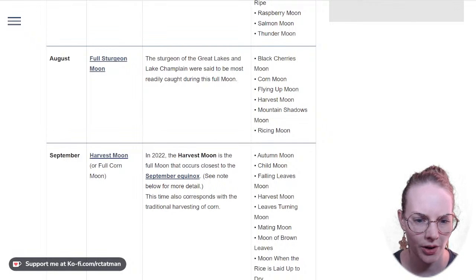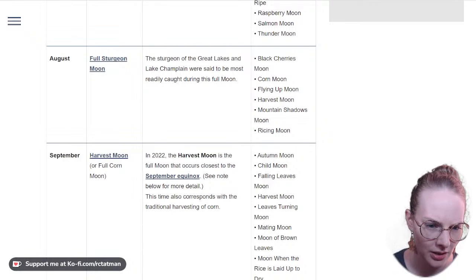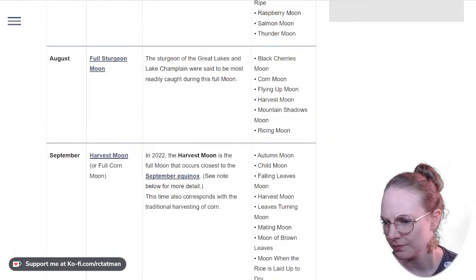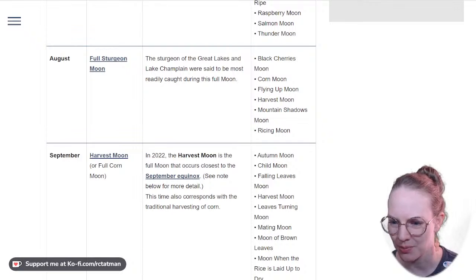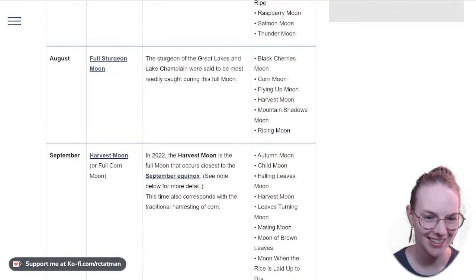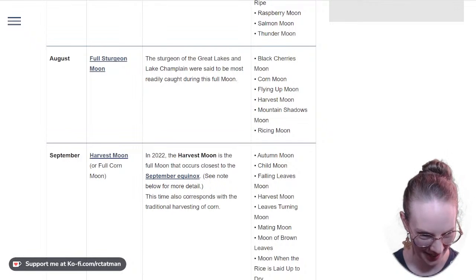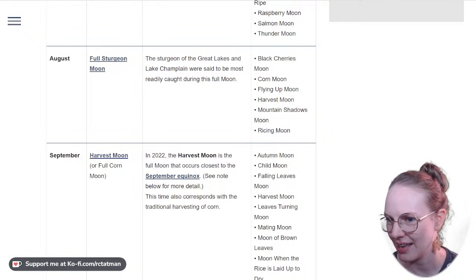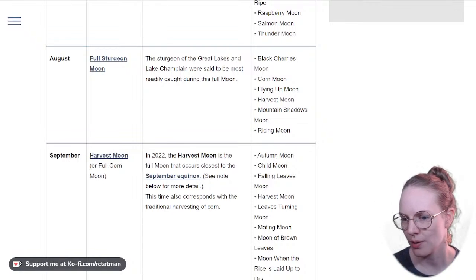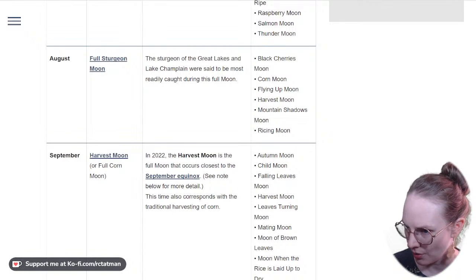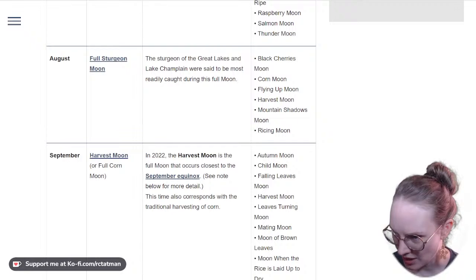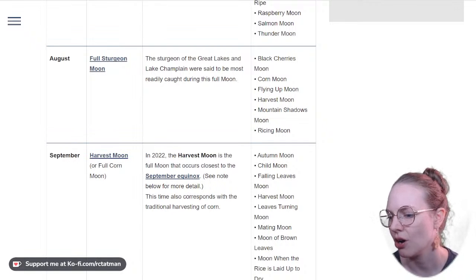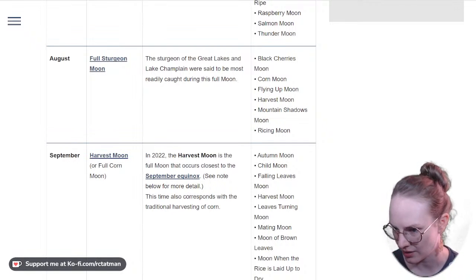So that is for September in the almanac section. I believe that is actually referenced in Pocahontas. I think there's a song that has that lyric in it about the full corn moon. Okay, so here we have the full corn moon, and here we have the corn moon, and these are next to each other. For September, we have the harvest moon and then the harvest moon. So those are next to each other.